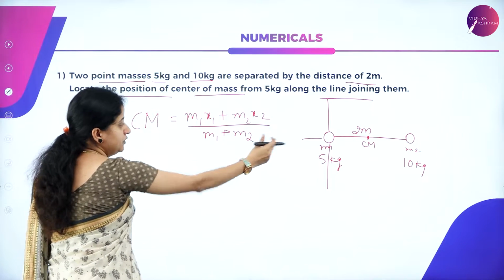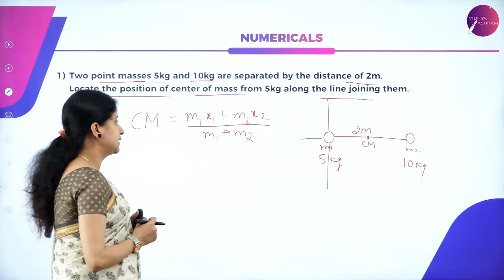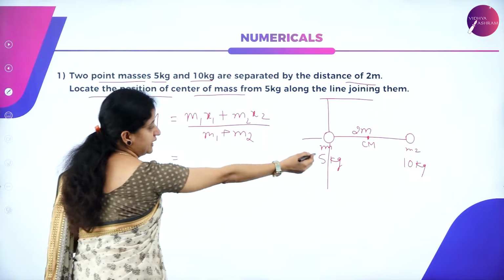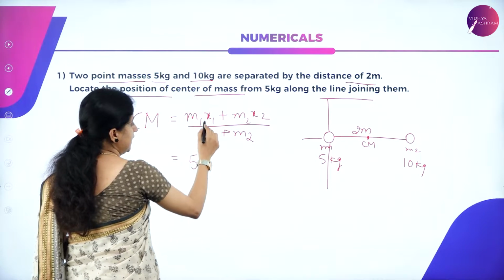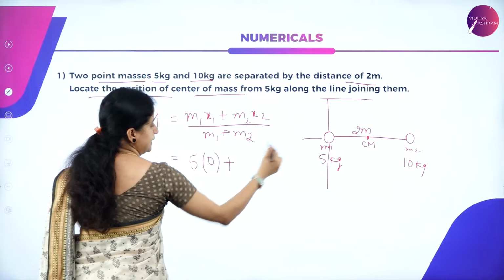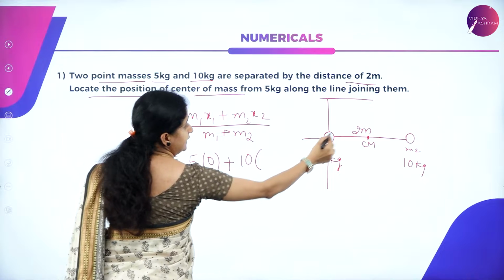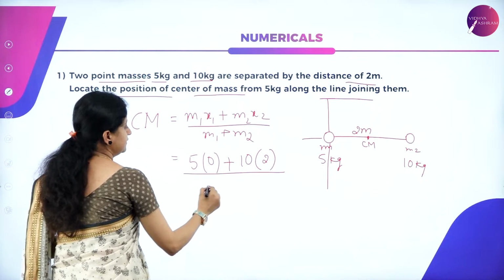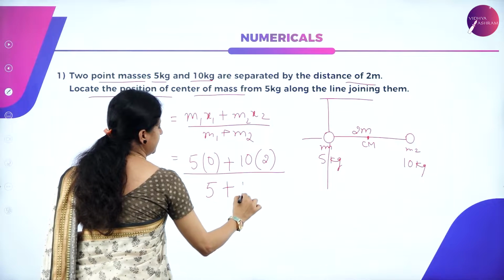So our values of m1 and m2 are 5 kg and 10 kg respectively. Let us substitute the values. m1 is 5 kg and x1 is at the origin, so it is 0, plus m2 value is 10 kg and it is at a distance of 2 meter from the origin, and we have m1 plus m2,